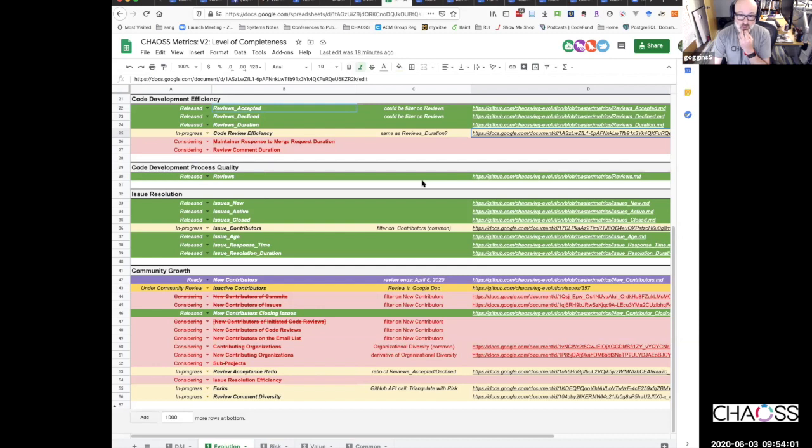I think code review efficiency includes things like the time to first comment, the time period of review, and then the time of last comment. So that's going to be an aggregate metric that includes a bunch of different stuff, and it's probably going to include the review acceptance ratio.